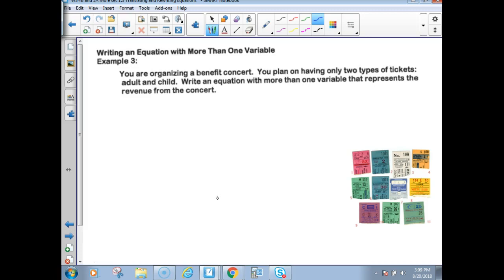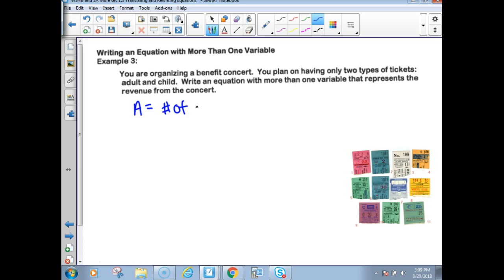Equation with more than one variable. You're organizing a benefit concert, and you plan on having only 2 types of tickets, adult tickets and children's tickets. Write an equation with more than one variable that represents the revenue from the concert. Okay, so if I let A equal the number of adult tickets,